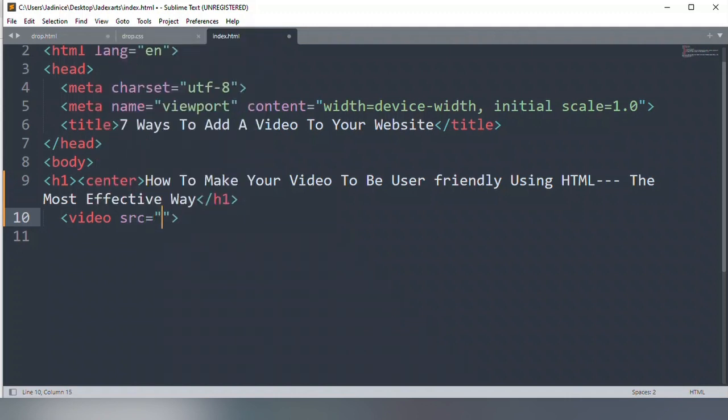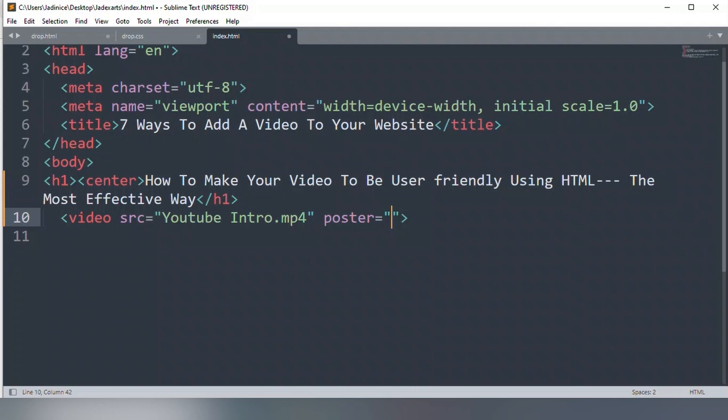By now you must have downloaded a video that you want to use for this project. Once you've downloaded the video, add it to the folder, that is, move it to the folder in which the HTML file is in. So I'm going to use this video that I have in the folder, and also make sure to check the properties so as to know the format that the video comes in, if it's .mp4 or if it's WebM. It's very important. So this is the video source. We are creating the source code now, the video source, and then we'll add the poster.